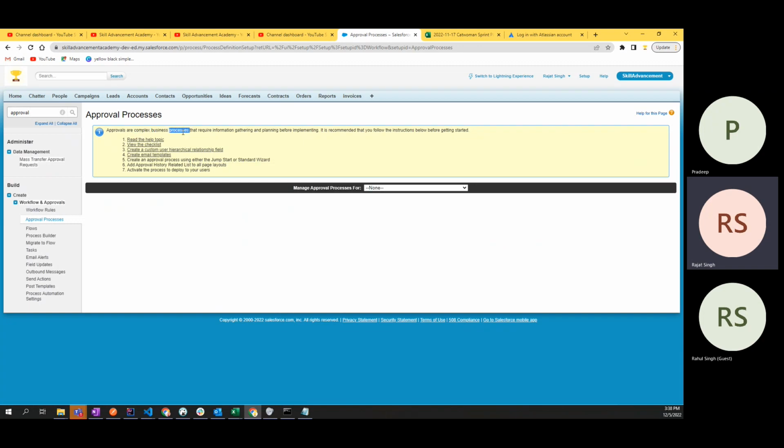If you can just read through this, it is what are approvals? Approvals are complex business processes that require information gathering and planning before implementing. It is recommended that you follow the instructions below to get started. Okay, so just ignore this. What approval is, if you know,